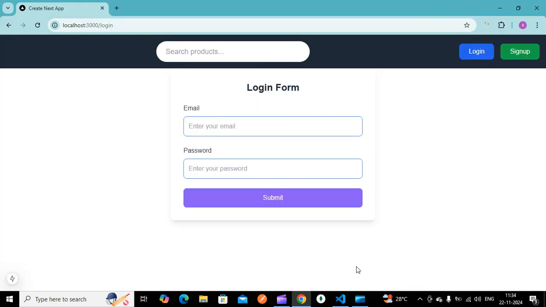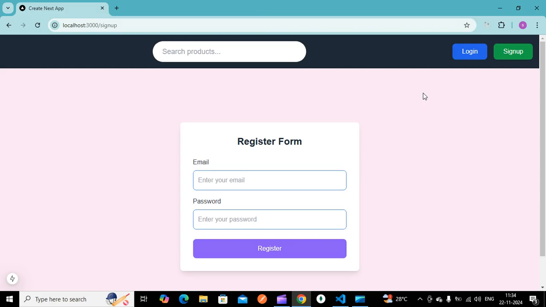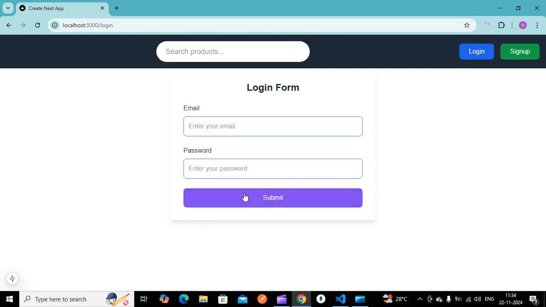In this tutorial, we're going to see how to handle a login and logout button. So here I have a login. If I click this login, it routes to the login page. If I click sign up, it's routed to the sign up page. Once I have logged in, I have given the user details. Once I have logged in, my login button and sign up button should not appear. Instead, we have to show the logout button.